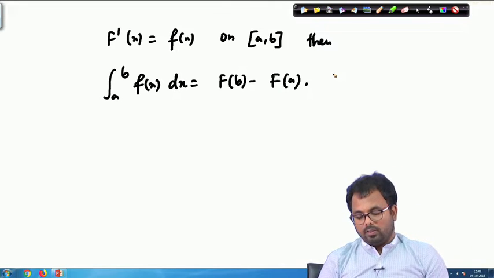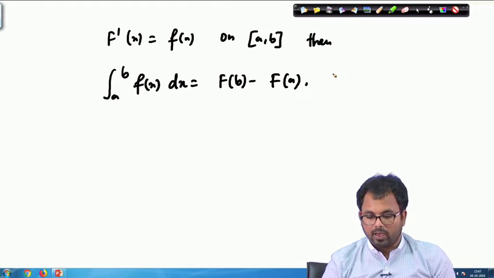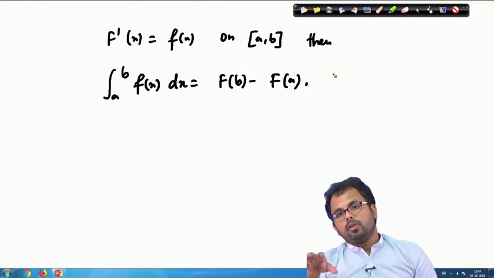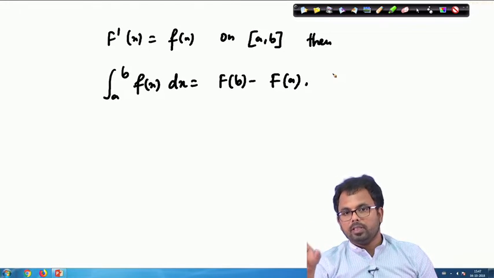So that means if we have a function small f(x), which is bounded and Riemann integrable on